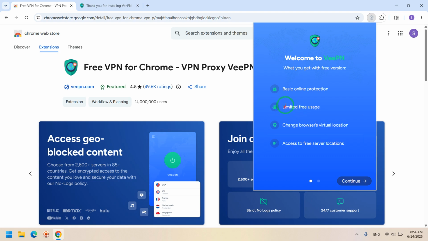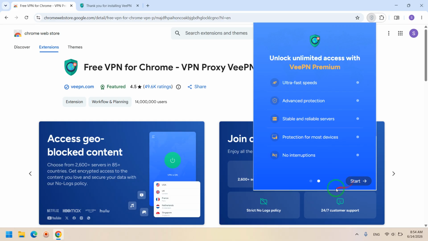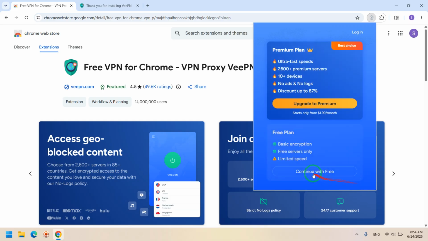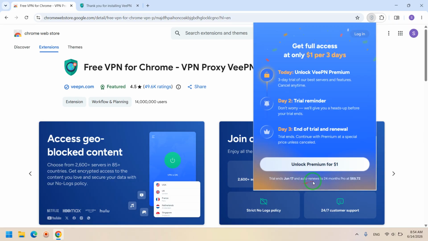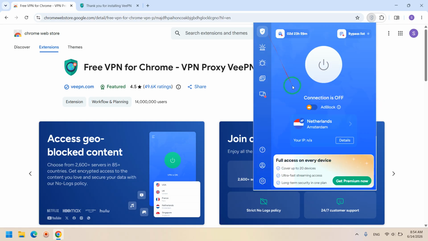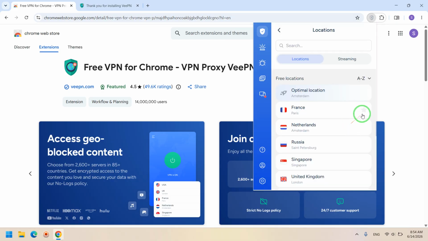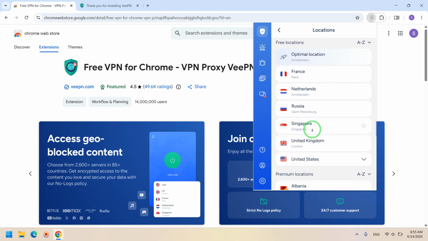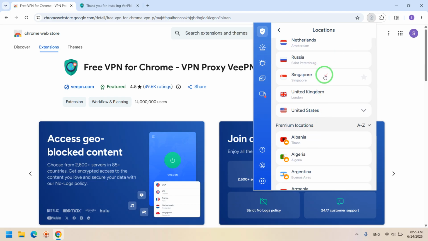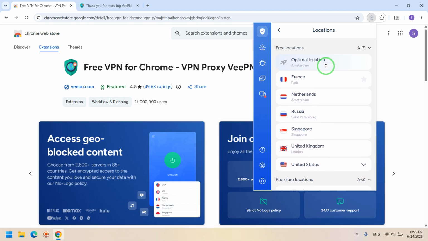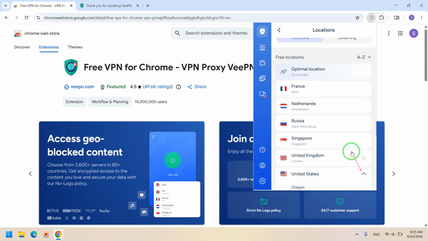You can use free or paid versions, servers. I continue as a free. And as you can see, we have some servers here, France, Russia, and other countries as free servers. Okay, I choose, for example, United States